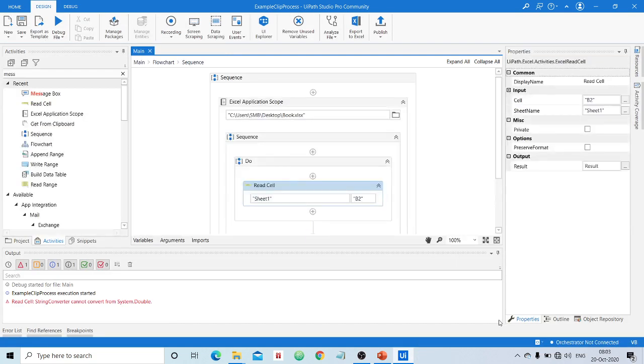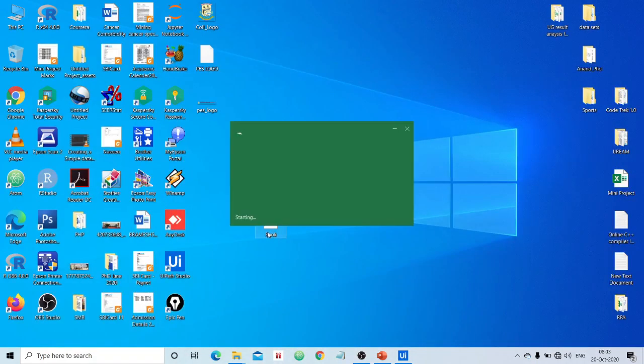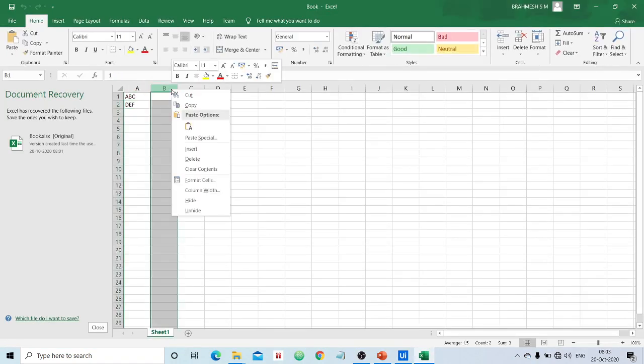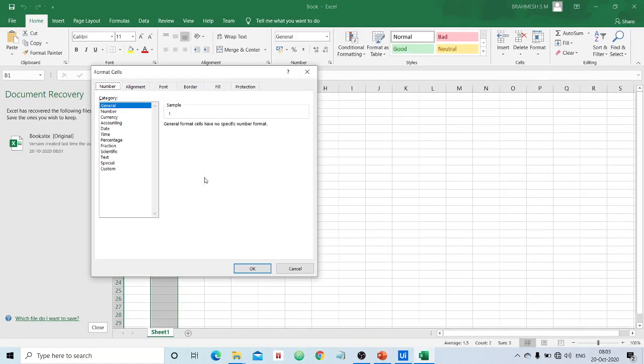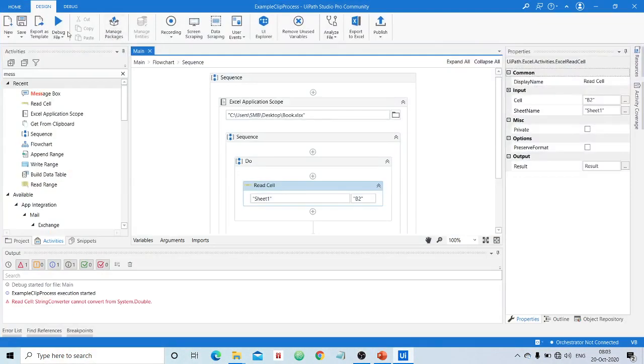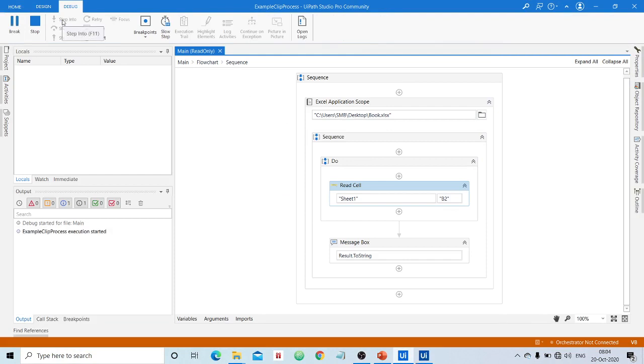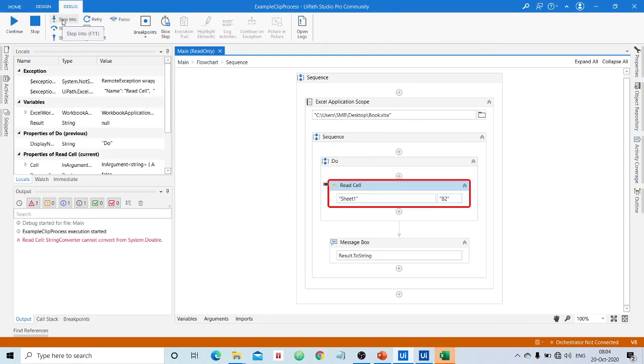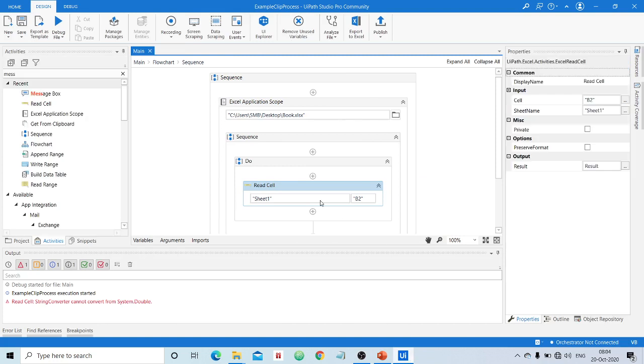Okay, one way is here itself you can specify, go to format cells, and instead of general type, let it be text. Okay, let it be text, and now we shall see whether it will do the job. No, again it is not, because it's treating it as a double value. What we can do is, sorry, I don't need browser.